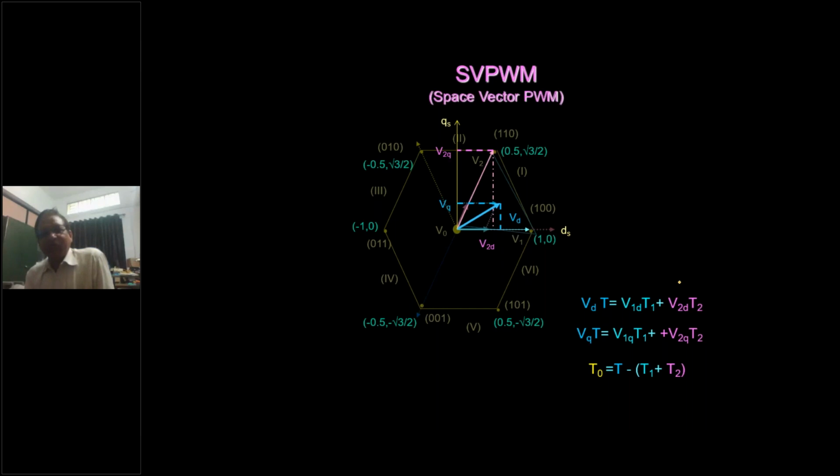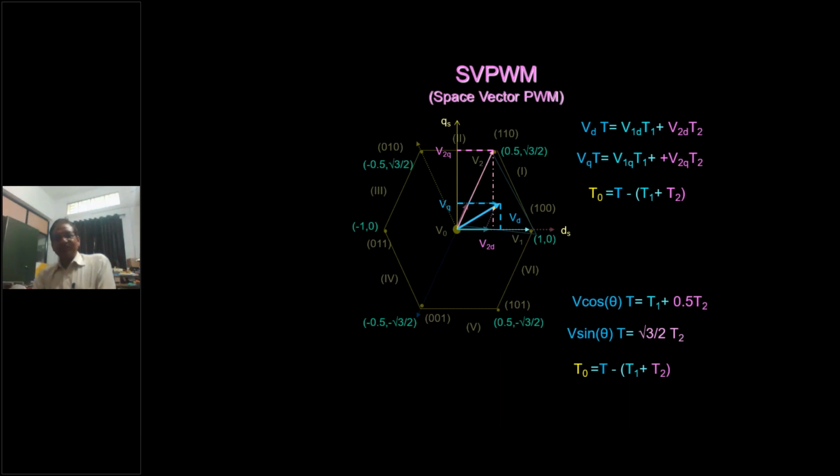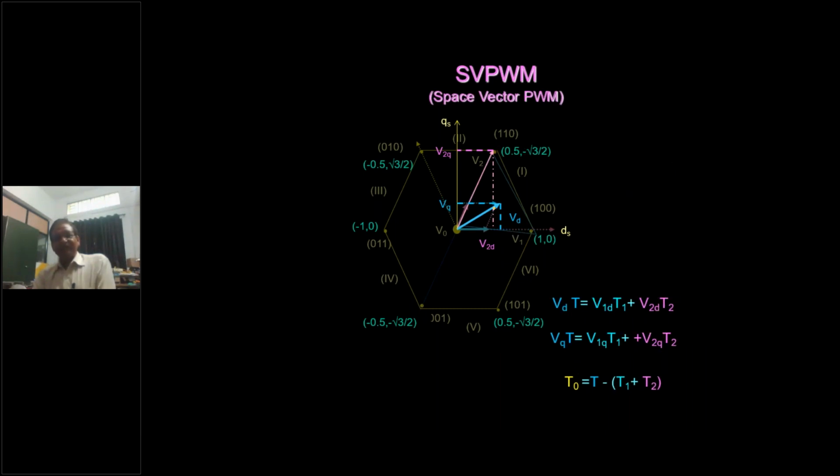Now, if we know the values of T1 and T2, we make this vector on for T1 time. The resultant is this voltage. We make this vector on for T2 time. The resultant is this vector. And by adding both, I will get the desired vector. This is a simple thing. So I have written the equations and calculated the time periods. When the T1 vector is selected, I get this voltage. This is 100. Sorry, it is 100.